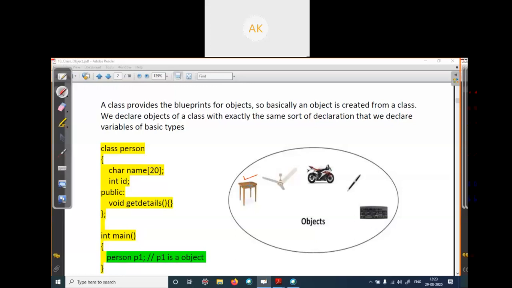I'm audible? Okay, so the object. Sir, object. How can you say this is an object? They are all different types, while in a class they are all the same type. Okay, I'm just talking about this particular table only.